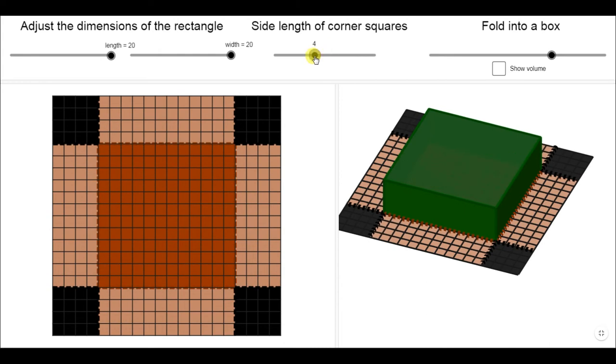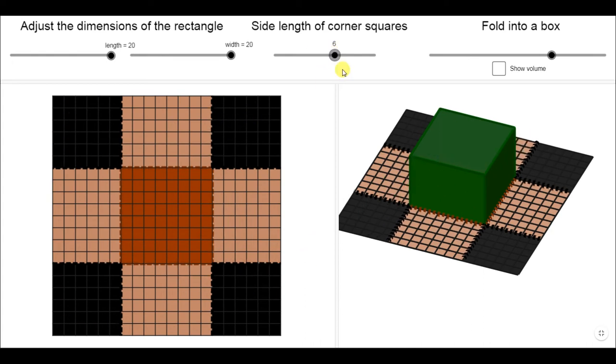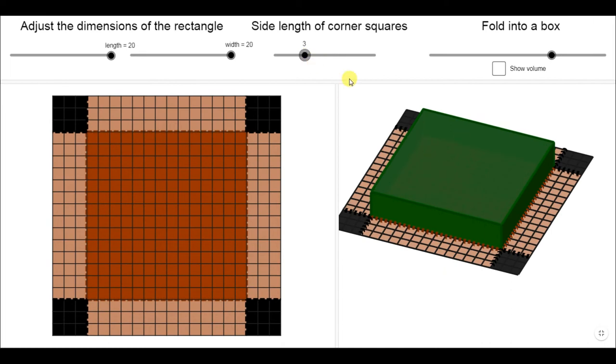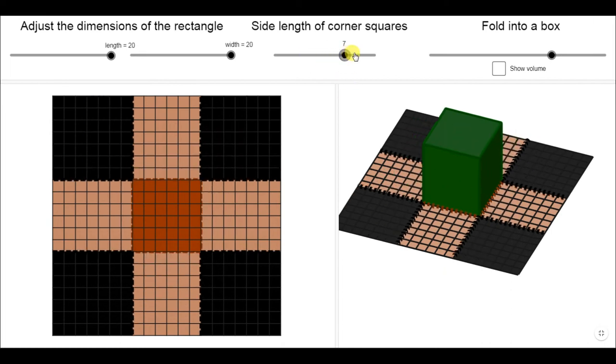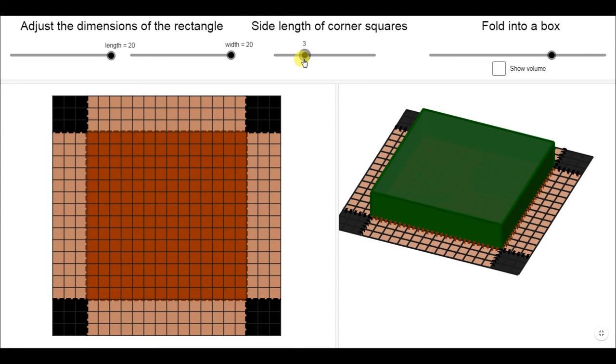You can take any square, but make sure that as you change the size of the squares you are cutting from each of these corners, you can see that their volume is changing. You are having different sizes of box, right? So you can see that you are having different boxes. So you need to decide which size of squares you need to cut out, so that you have a box that fulfills the requirement of the assignment.